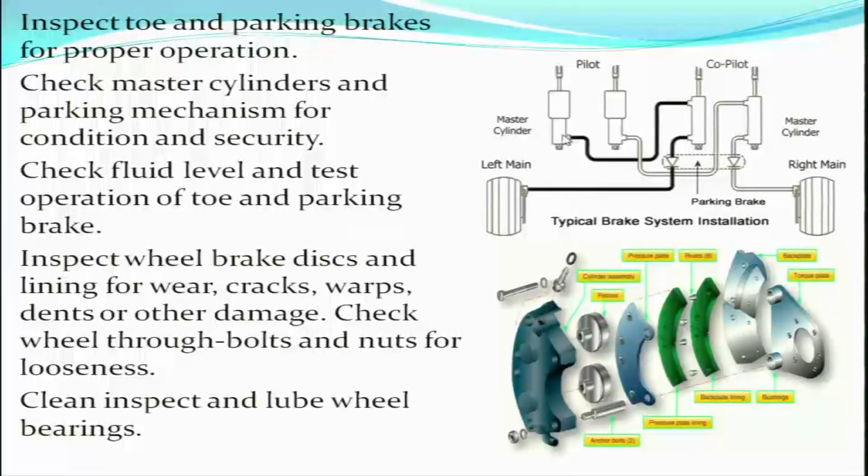These are your master cylinders. This is the brake system of a typical aircraft. These are your master cylinders which are there inside the cabin. So you need to check the master cylinders for condition, security and leakage. Check fluid level and test operation of toe and parking brakes. We need to check the fluid level in the master cylinders and we need to check the operation and the